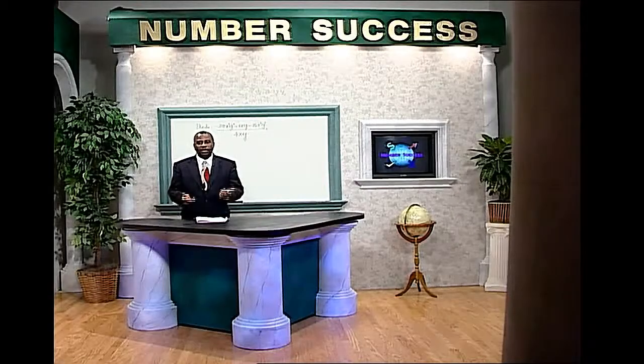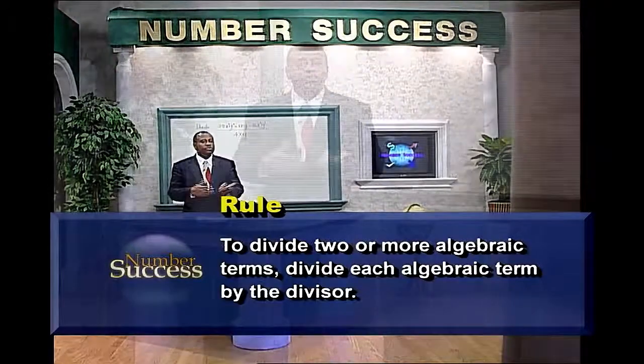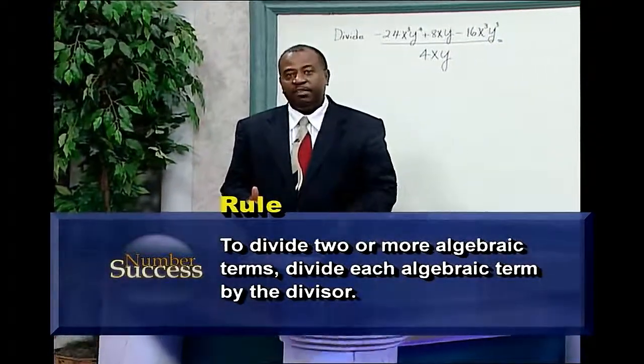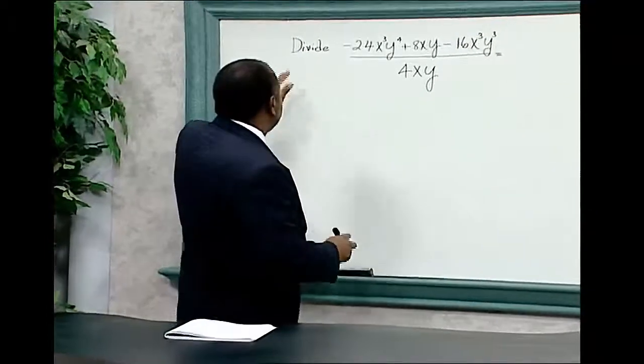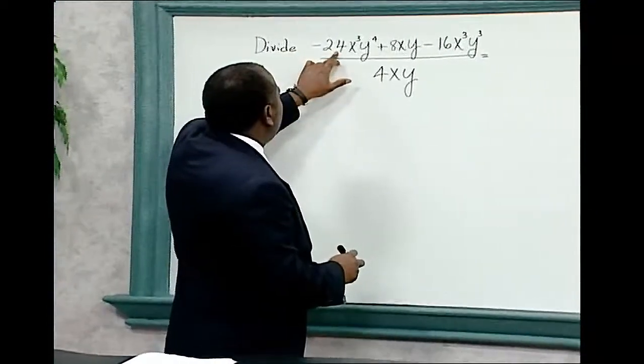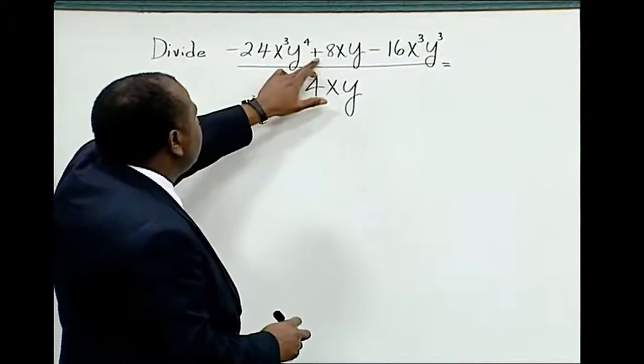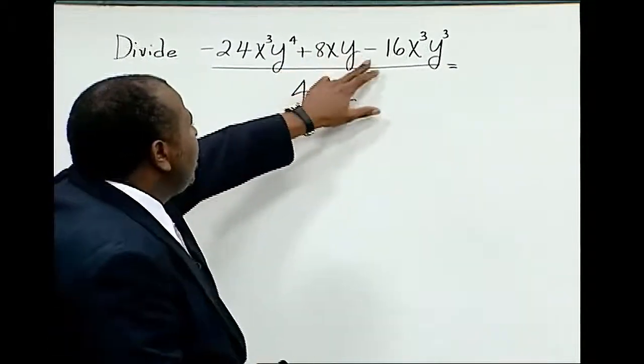Dividing two or more algebraic terms by algebraic terms. To divide two or more algebraic terms, divide each algebraic term by the divisor. Example 1. Divide negative 24x to the third power, y to the fourth power, plus 8xy minus 16